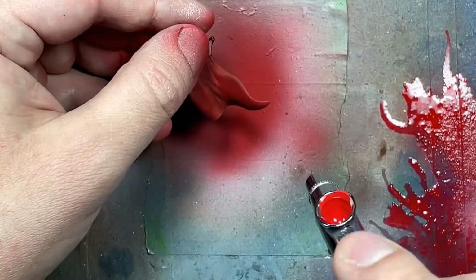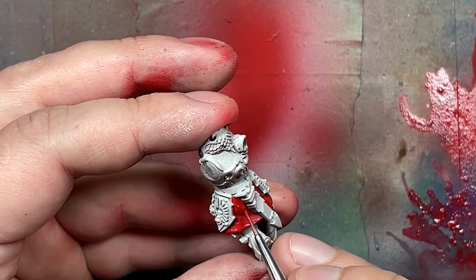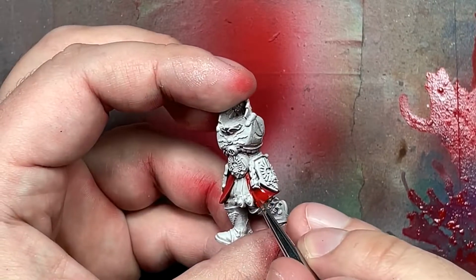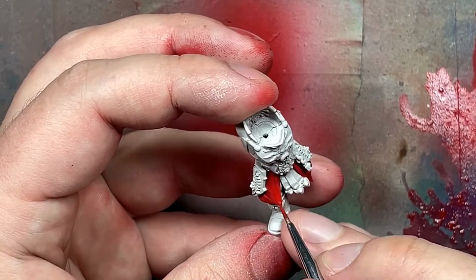Then with Lamian Medium mixed in with Evil Sun Scarlet, we're going to cover around half of that. Apply a few coats of it, because if it's around 1-to-1, you can apply a few and there'll be a nice color transition. And then finally, Trollslayer Orange mixed with Lamian Medium, pretty thinly, like 1-to-1, we apply